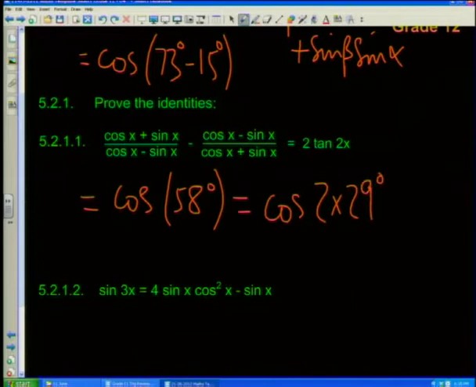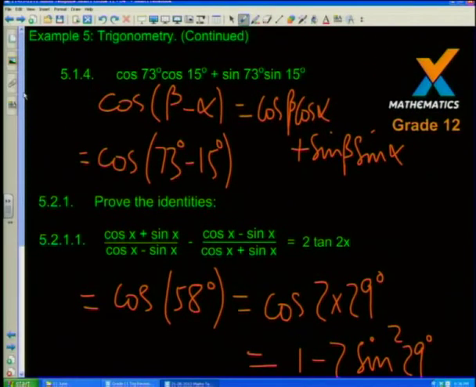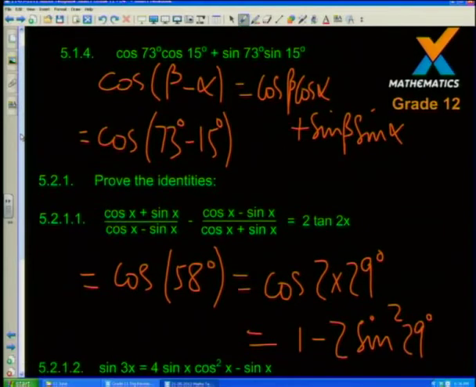All right? And if we go back to the double angles, this could be written as 1 minus 2 sine squared of 29 degrees. We are right at the end of the question, because we know what that is. Let's go up here. All right. Oh, we actually had, if I go back here,